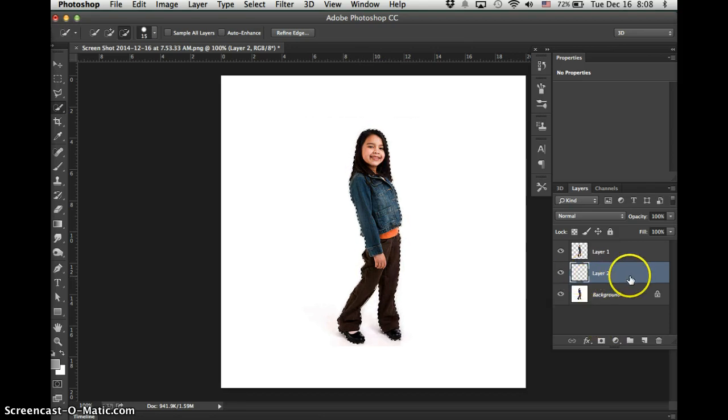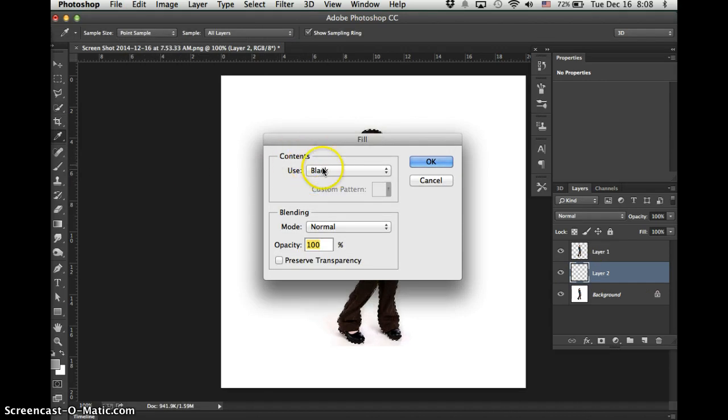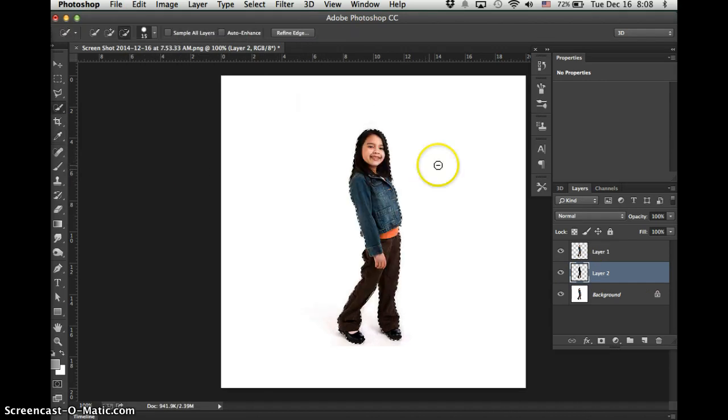So now for layer 2 that I still have selected, I'm going to go to Edit, Fill, and for my contents, I want to make sure it's black, and I press OK. Now what you can't see, and I'm going to show it to you right now, is there is my shadow hiding behind her. So I am going to deselect these ants by pressing Command D, and I'm going to go to Edit,